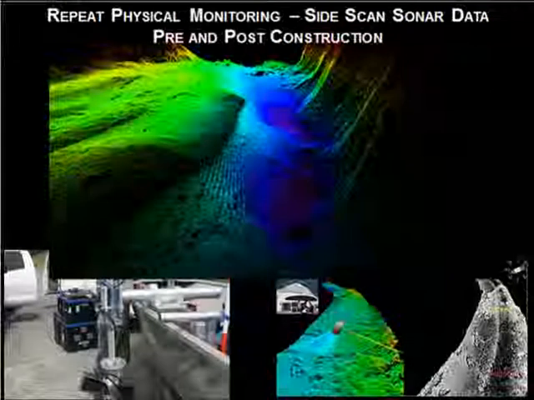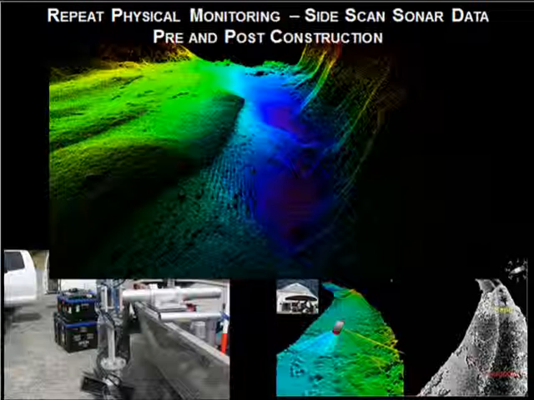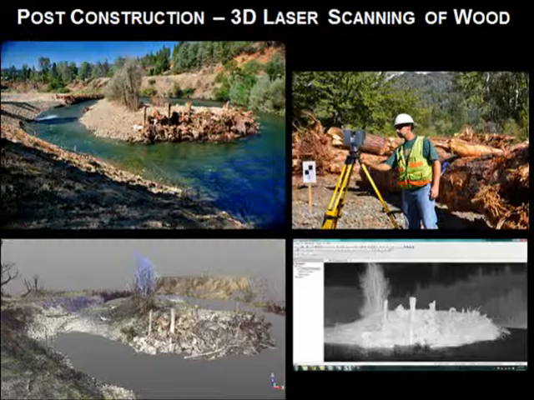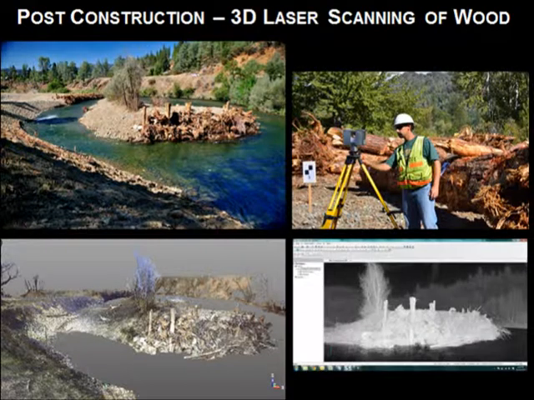And just in recent years, and just recently in this last flow event, we've used side-scan sonar to map underwater topography, and the tools today are so robust that we can map at very high detail. And then the other tool that we're using is 3D scanning, terrestrial scanning, and we're specifically using these at large wood elements because you can't really survey these with a total station or a GPS RTK system, and you can't really do it with LiDAR.